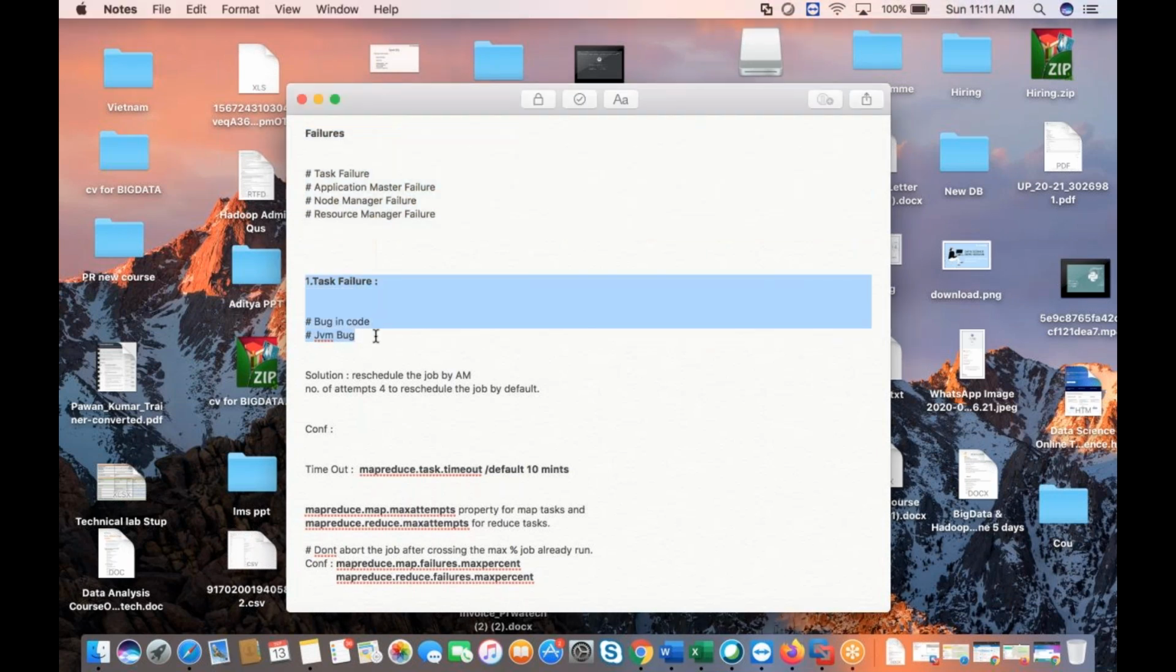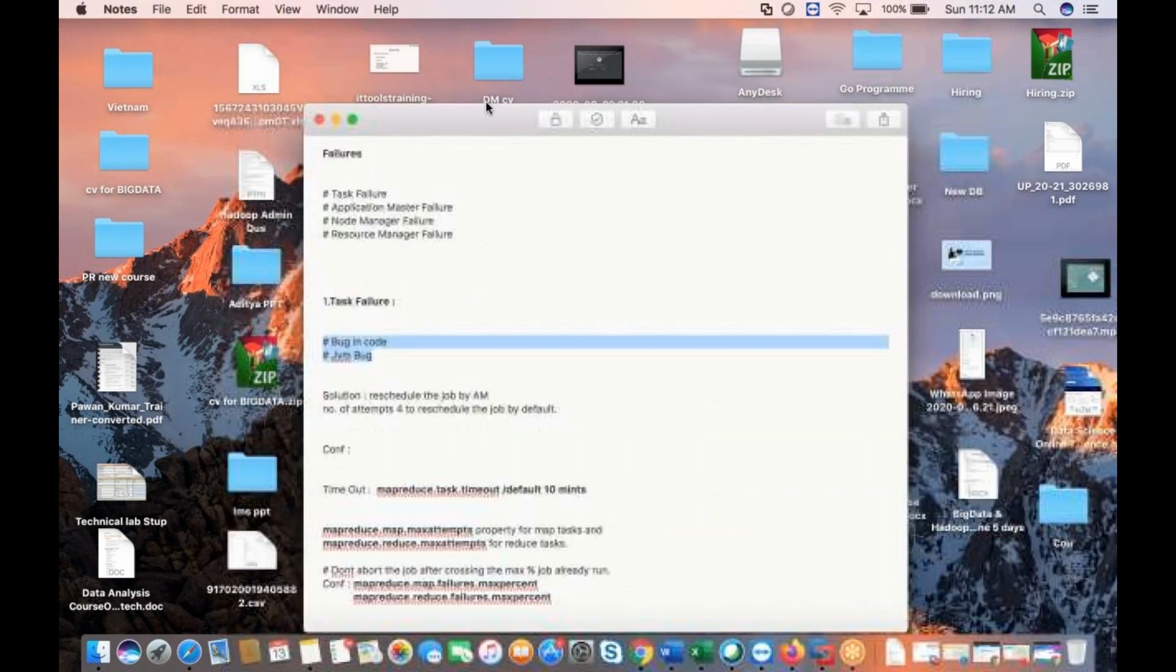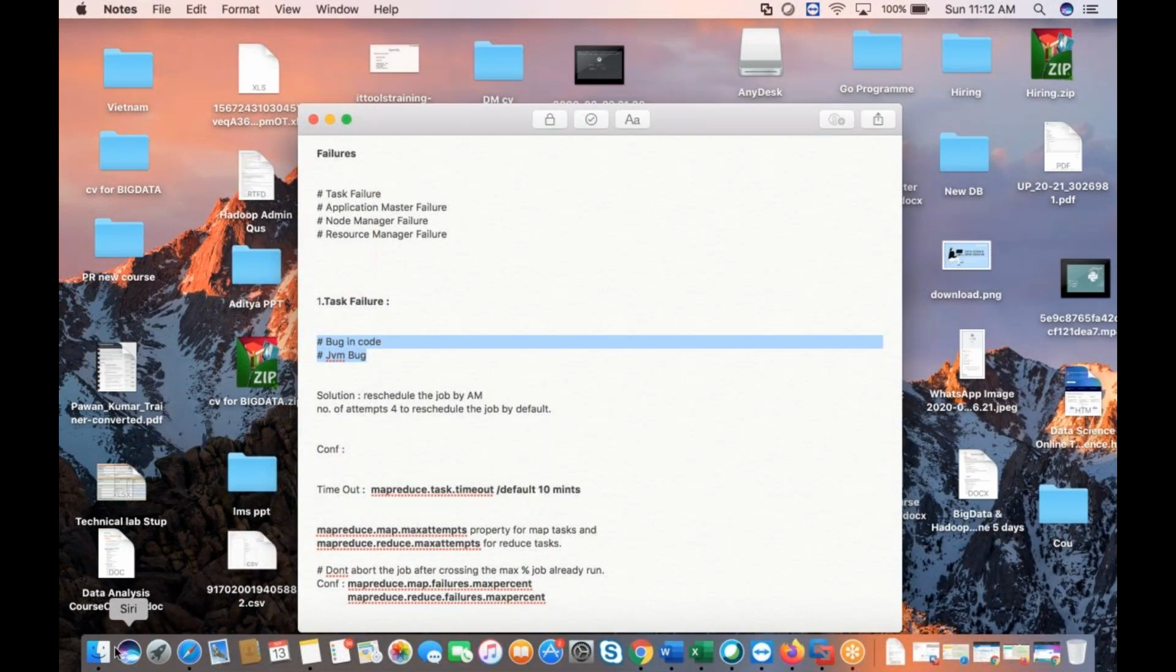The first is task failure. Bug in code. What are the jobs you're running? If any job you're running is not working, if it gets failed, then what can be the